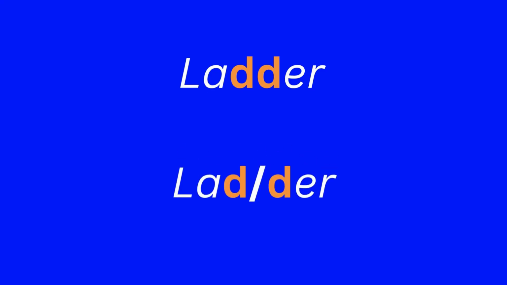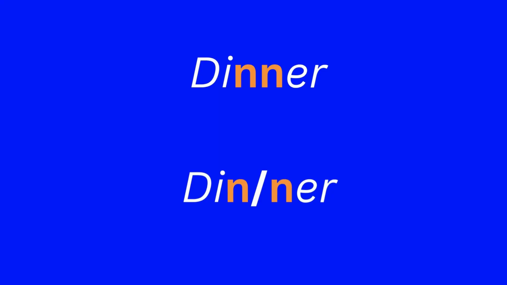In little, we see two T letters again, TT. So we divide the word as lit, tle. In ladder, we also see two D letters together, DD. So we split the word like this: lad, der. Finally, in dinner, we also see two N letters together, NN. So we split the word like this: din, ner. Notice the pattern. Whenever the same consonant letter appears twice in the middle of a word, we often separate the